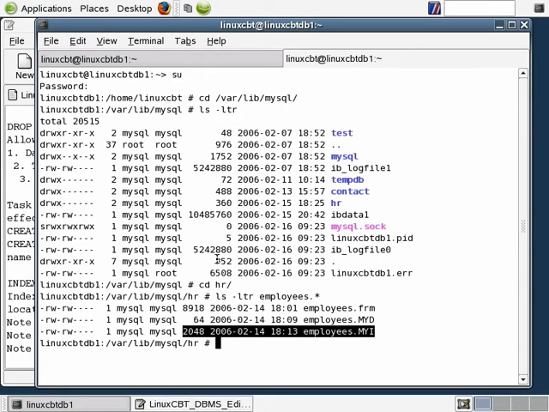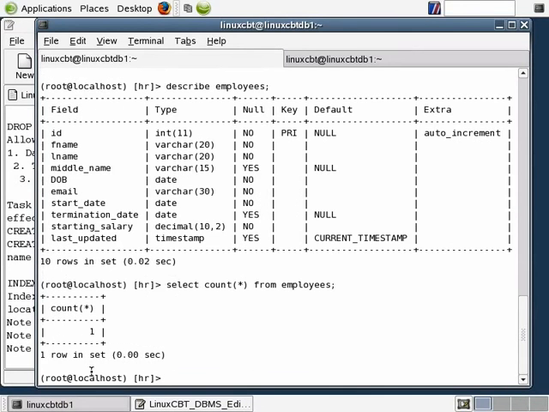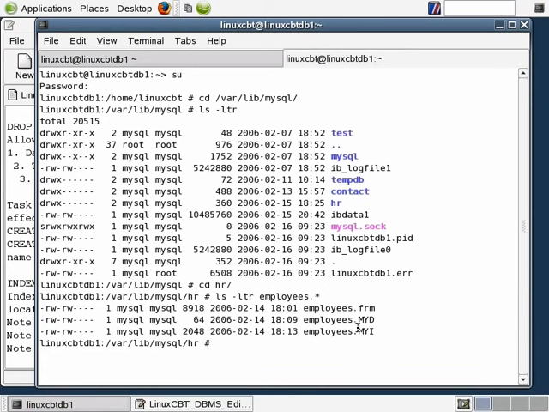So when you create a table, whether or not it has an index, its default index file will be 1024 bytes within an x86 based system. Once you begin to insert values into the table, the index file will grow. Now a simple select count star from this particular table, employees, will tell us how many values are there. Only one. We'd have to insert many values to cause the file to grow significantly, which we're going to do